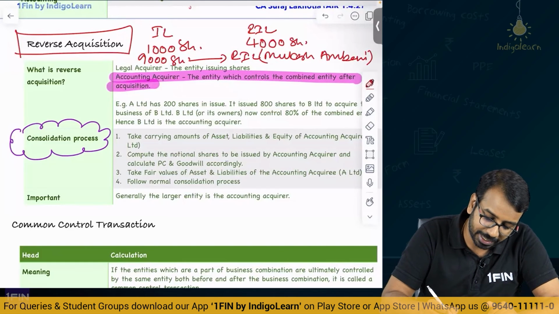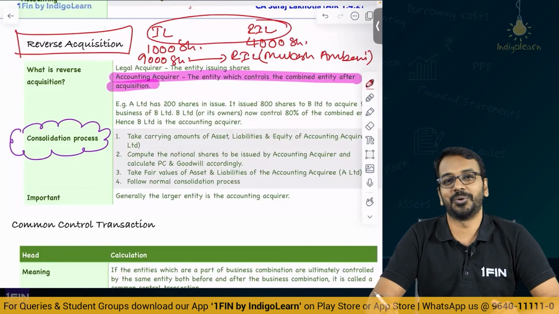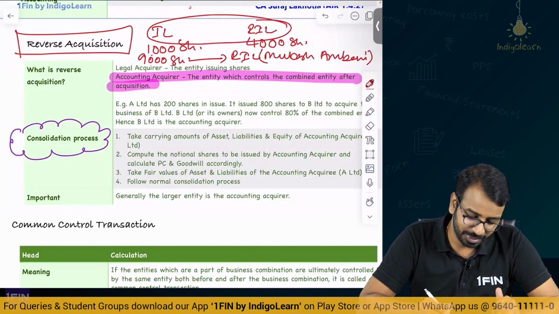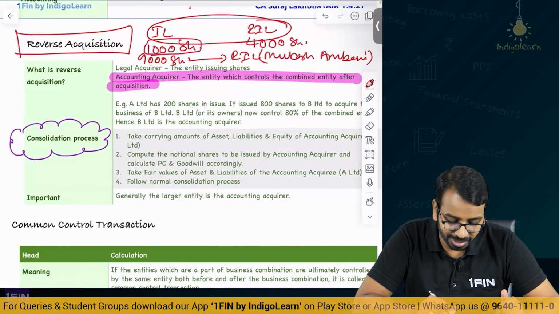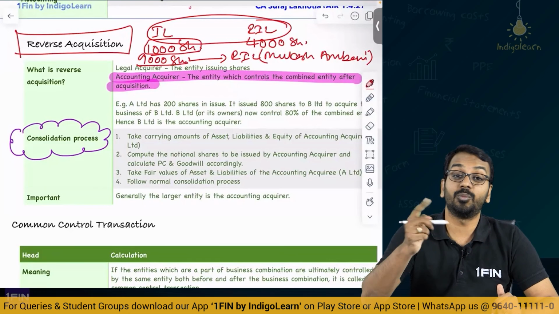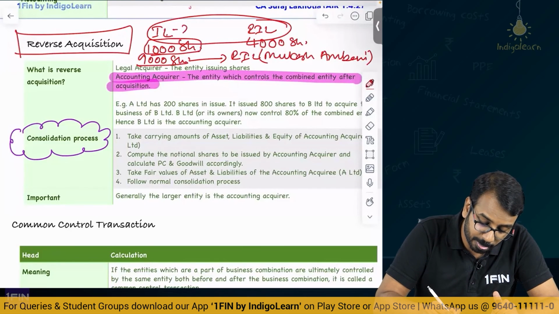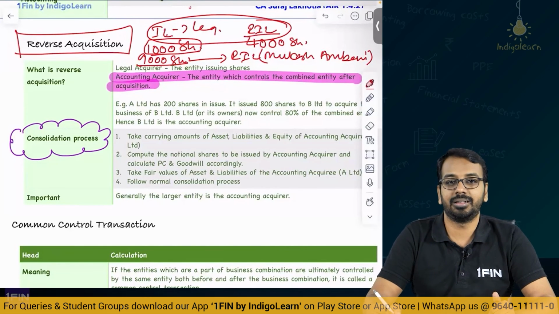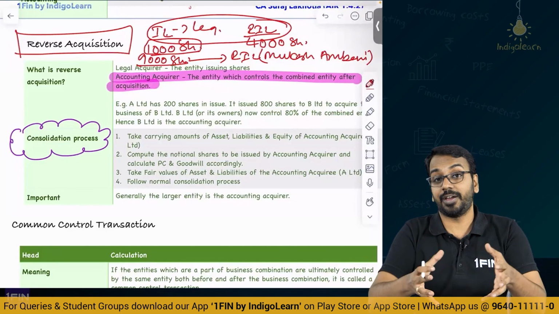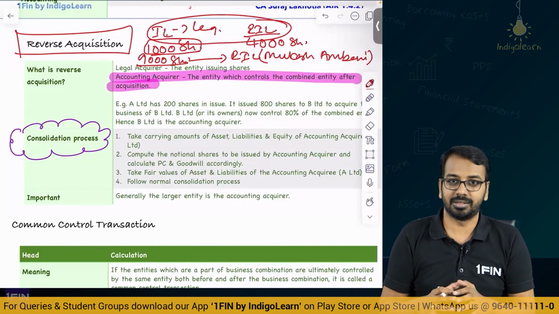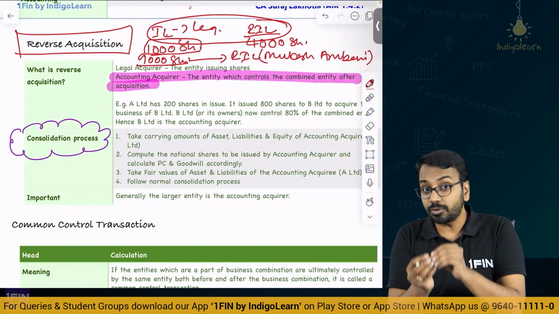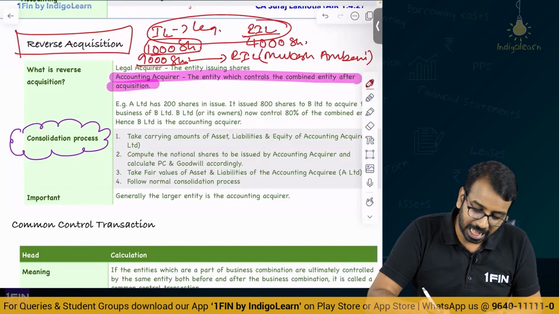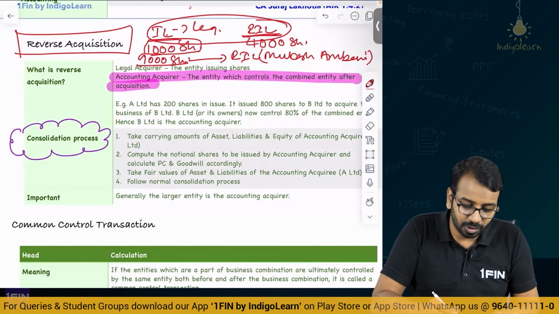Now tell me, in the combined entity IL and RIL, the names are also rhyming, who is controlling the company finally? I am not controlling. Me, Sriram, Sarad, all put together we have only 1000 shares. 9000 shares are with Mukesh Ambani. Who is controlling? Mukesh Ambani is controlling. Now this IL is legally acquiring. The legal acquirer is IndigoLearn. But then RIL is the accounting acquirer, we say. Because in effect, the owners who were controlling Reliance Industries are controlling the combined entity. So even though they have not issued any purchase consideration, even though they have not issued any shares, we say for accounting purposes, RIL is the acquirer and IndigoLearn is the acquiree.